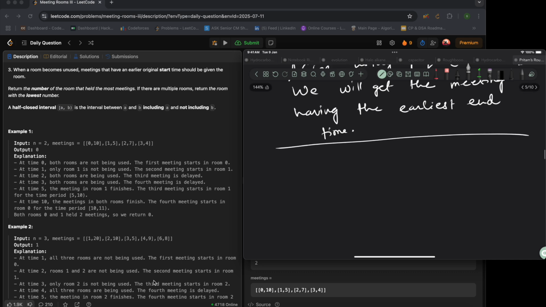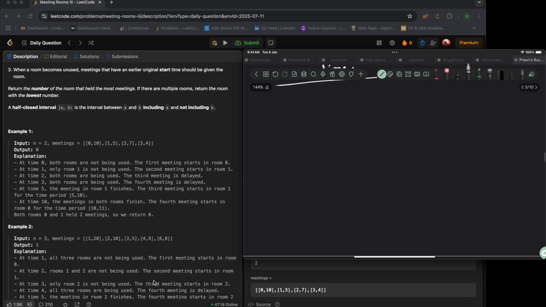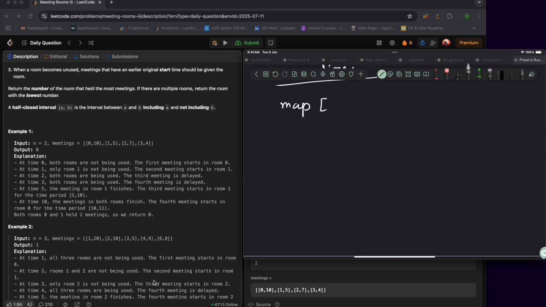This is why we will use a priority queue, and to consider which room number is used when a meeting is considered to be continuing. For that we will be using another data structure, that is a hash map. So the hash map will be used to consider, for this meeting,